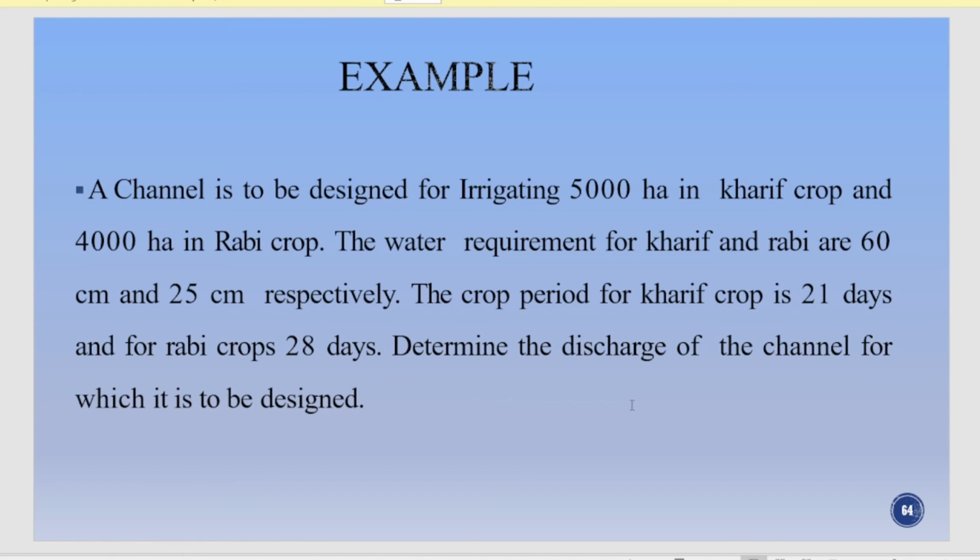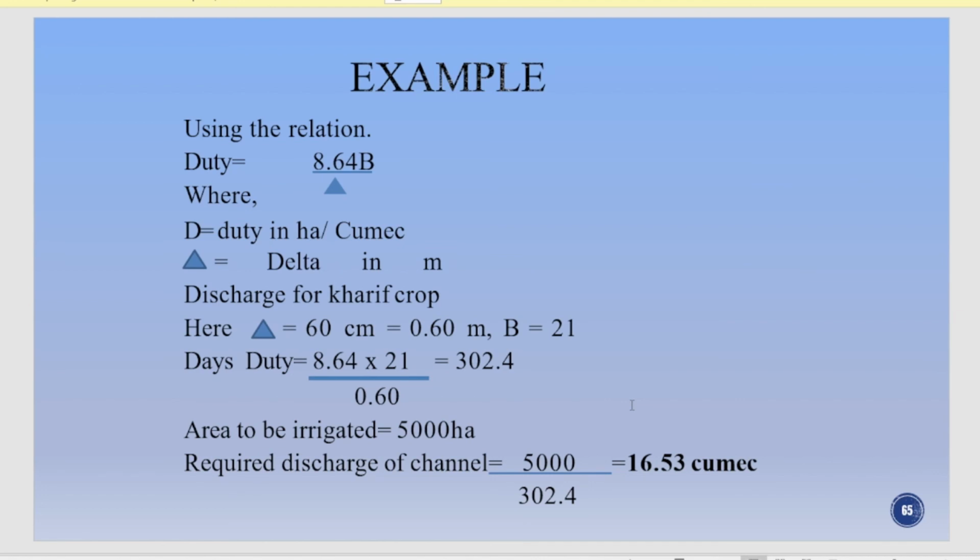Okay, first we will go with kharif crop. We know the equation: duty is equal to 8.64 B by delta. Let us substitute the value of B and delta for kharif crop. Delta is given, which is 0.6 meter, and B is 21. Okay, determining the duty will be 302.4. This is the duty. Now how much is the area that will be irrigated? 5,000 hectares. So 5,000 hectares divided by the duty will give you the discharge that is required